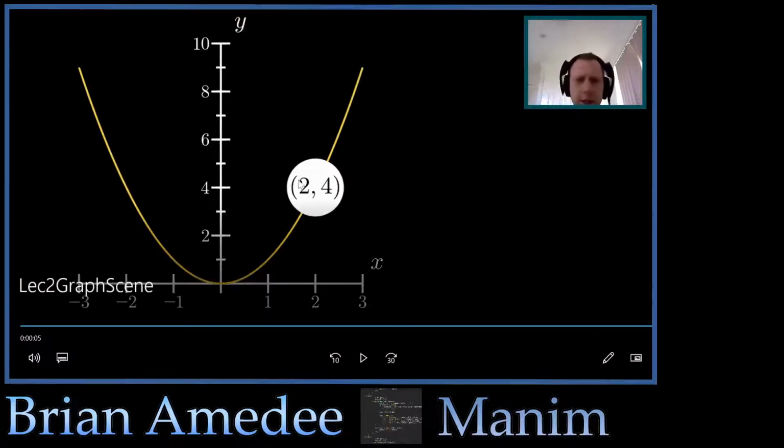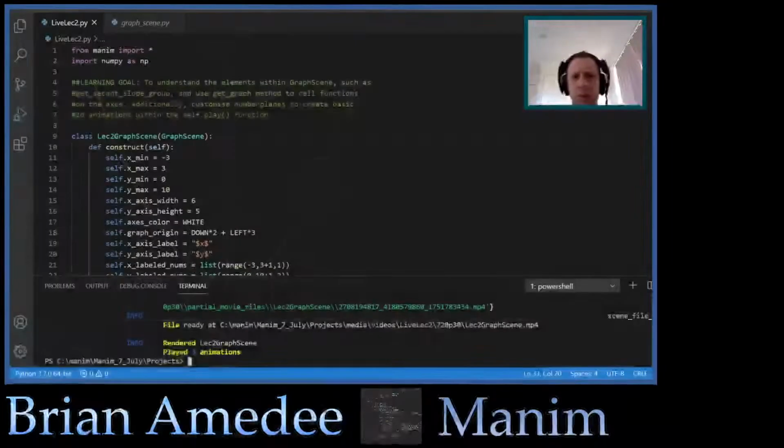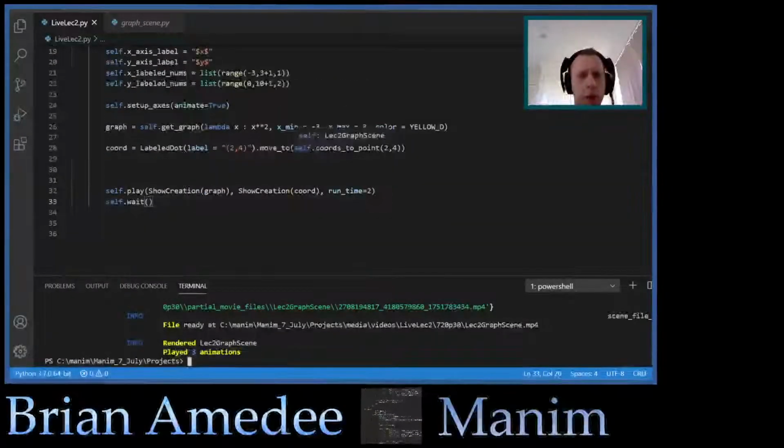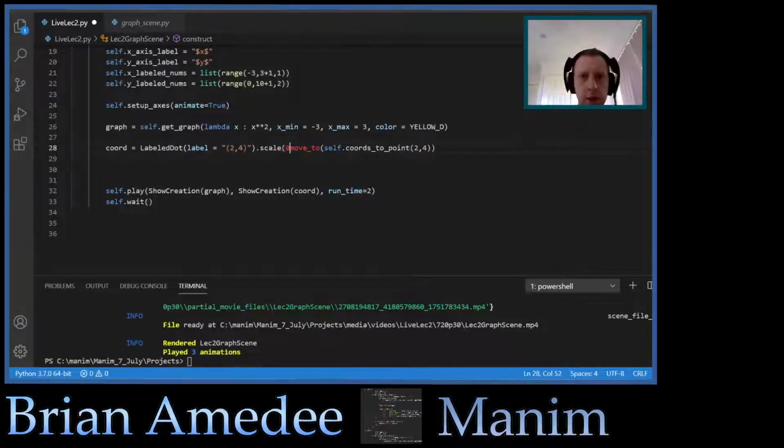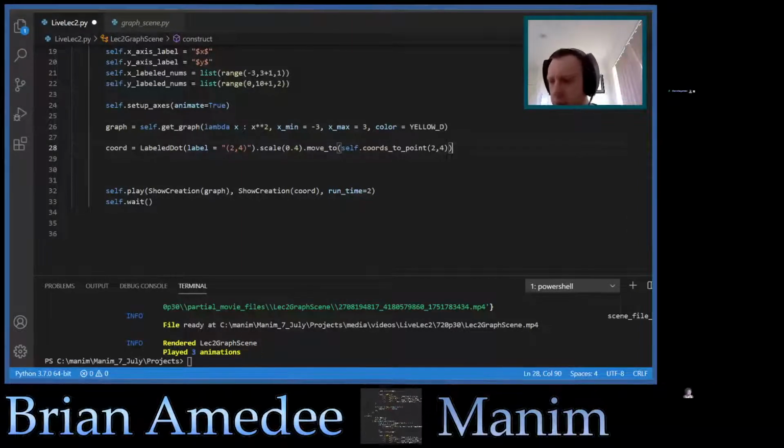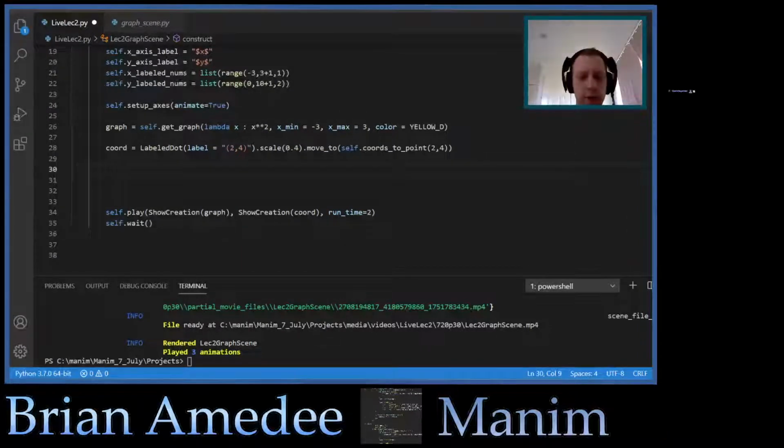And so let's say I want to reduce the size of this labeled dot because I don't want it to be so huge. So before I move it, I'm going to scale it, and I'm going to say scale it to 40% of its size, so 0.4, and then move it. Alright, I'm going to add some more stuff. I'm going to say dot